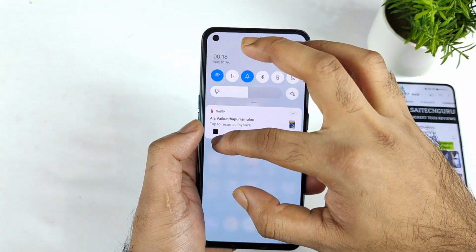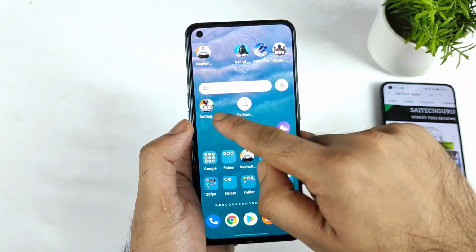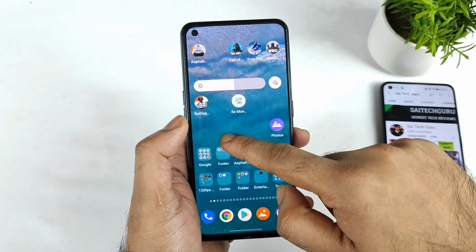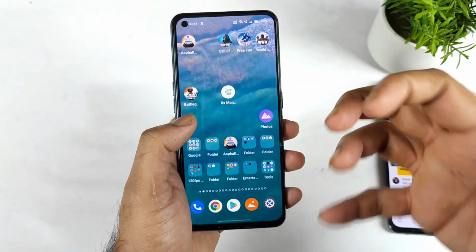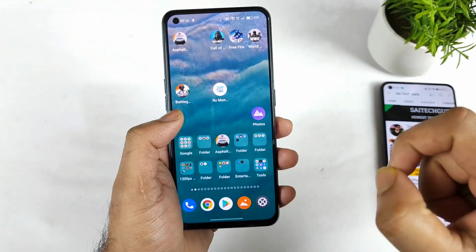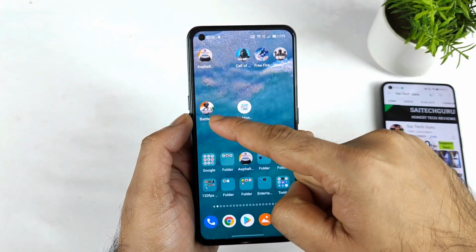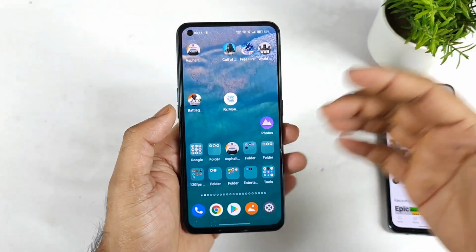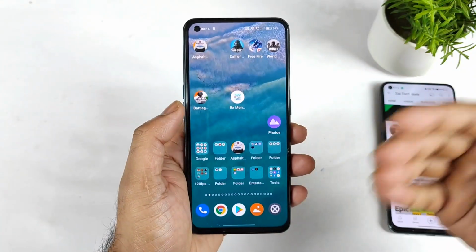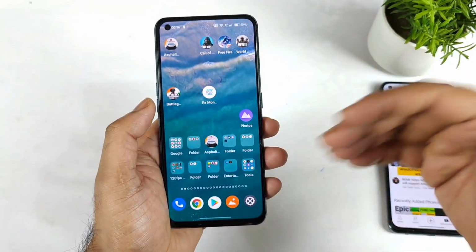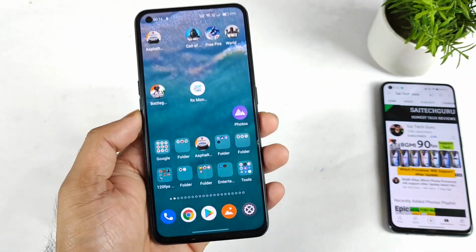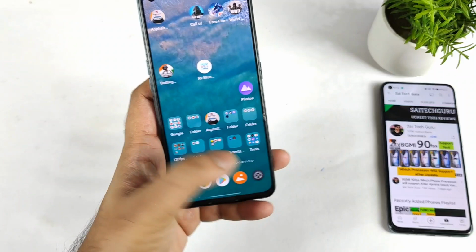Not only there, even still there is a lot more. Even in the brightness control, you can actually get the haptic feedback. So there's a lot, friends, with this kind of haptic feedback, but you cannot use them while playing Battlegrounds Mobile India and some other games. You cannot use them. It's very unfortunate that Realme still needs to fix these issues. So these are the three features, and now let's move to the next feature, which is about the always on